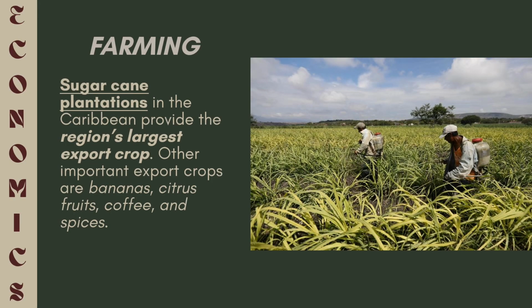So now, farming. Sugarcane plantations in the Caribbean provide the region's largest export crop. Other important export crops are bananas, citrus, fruits, coffee, and spices. In Central America, most of the people are living on farms and working in the plantations. However, these plantations have low wages, which is where the push and pull factors in